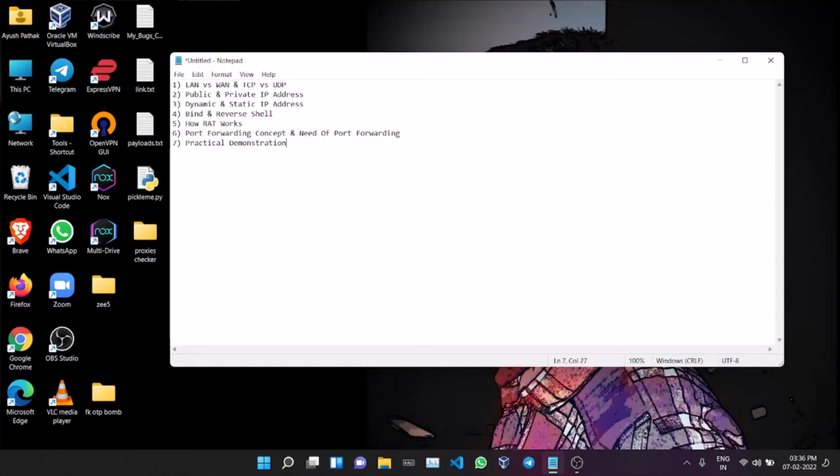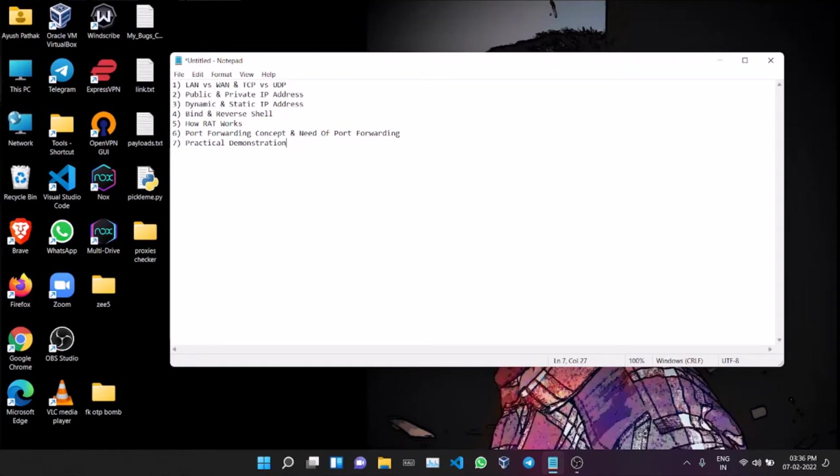The answer is that your router has 2 IP addresses, one public, one private, and your device B, just as an example, has a private IP. When you open google.com on your device B, it will send a request to the router, and the router is considered the default gateway for all the connected devices. It will send the request, saying I need google.com, to the router, not to the Google server.